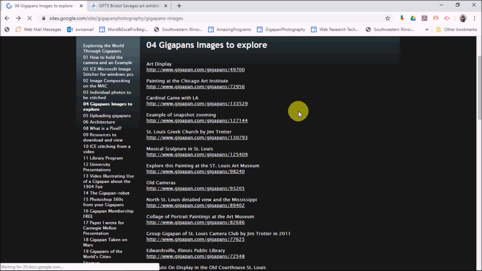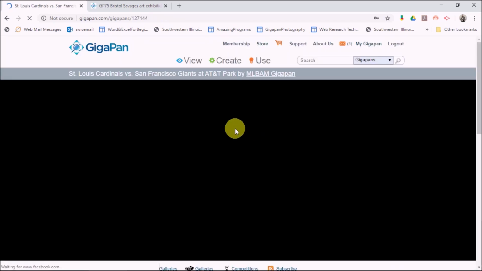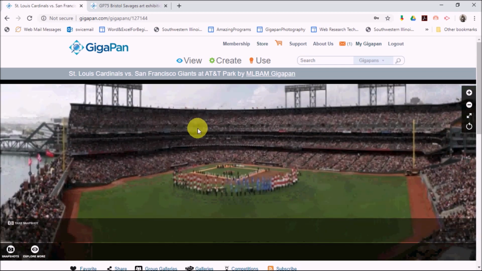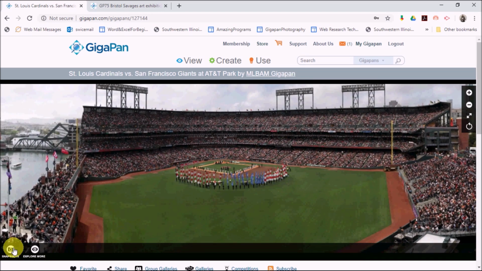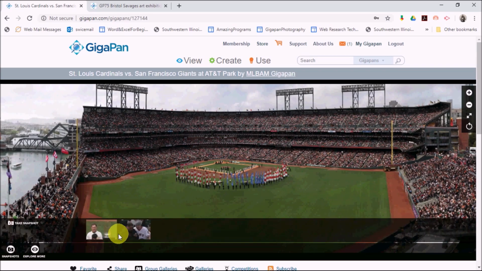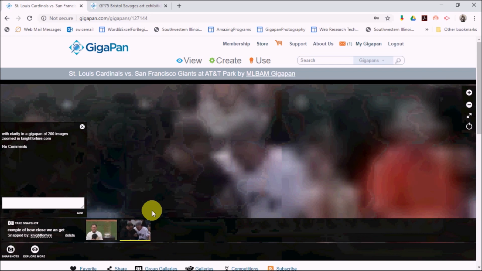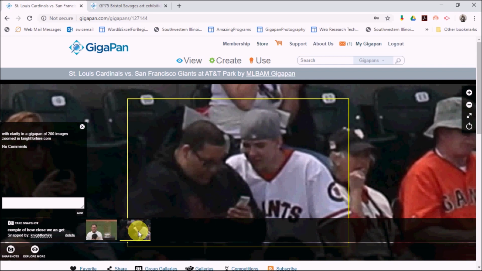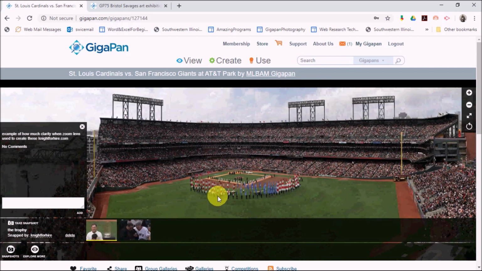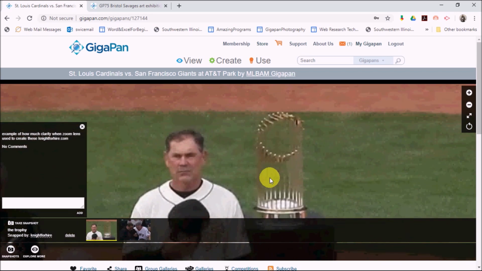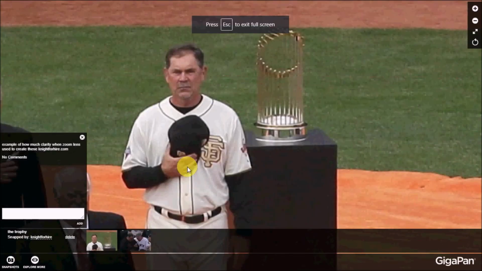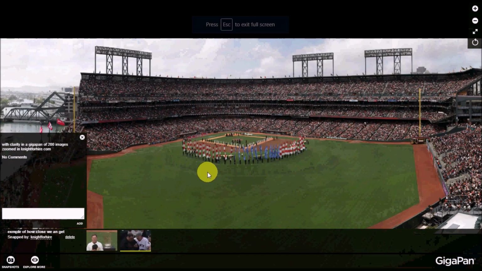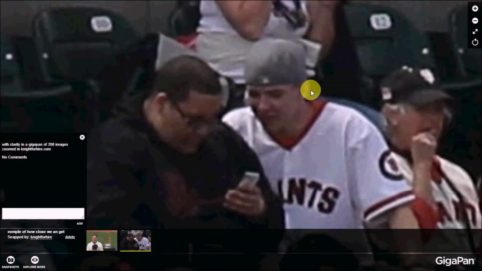And then examples of snapshot zooming. We can go to this image here. Remember, we told you could take snapshots and use them. So here's one, a Cardinal game. And we can come over here and take a look at the snapshots and click on them. And it zooms in on the party that was there. And then you can zoom back out again and go to another snapshot. Here's a snapshot down here someone took of the trophy. And then you can zoom back out again. So the snapshots are interesting in that they allow you to zoom in on particular details